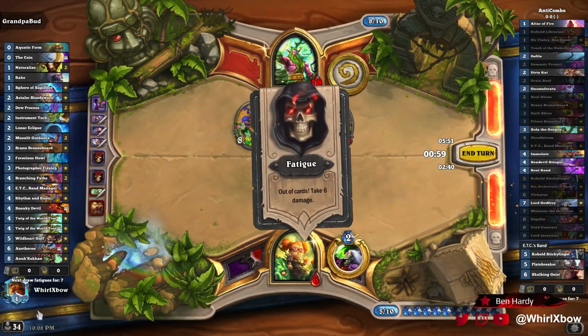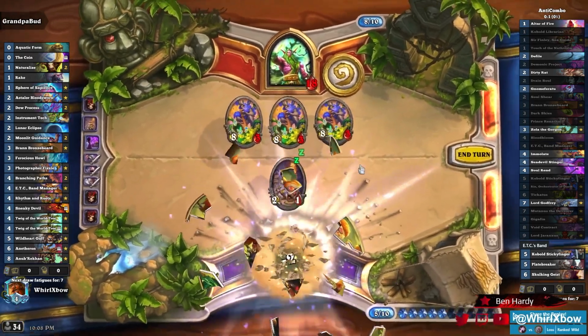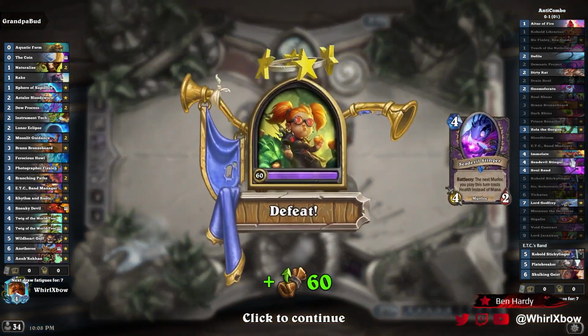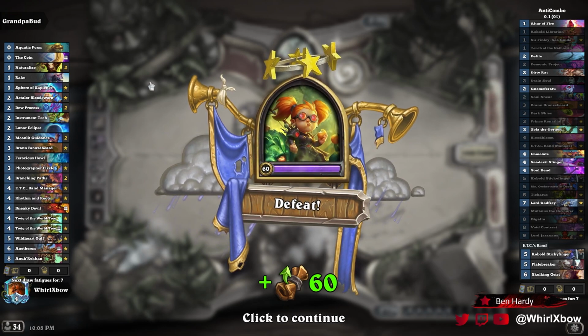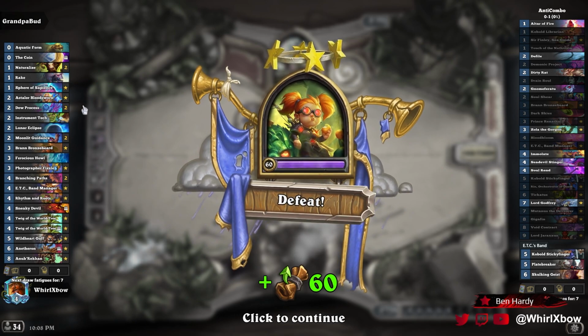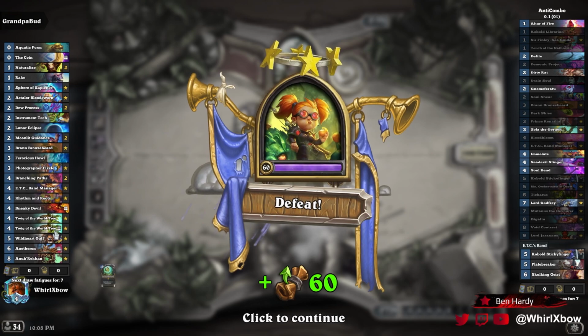Oh, I was one turn off. If he didn't burn my Jaraxxus, I had it. It's really unfortunate too. I hit most of the big things I needed to hit on my burning. Burnt Guff. Actually, no, Guff would have been better to let him keep. Yeah, if I would have let him keep...